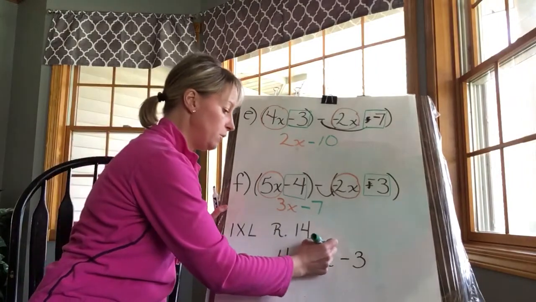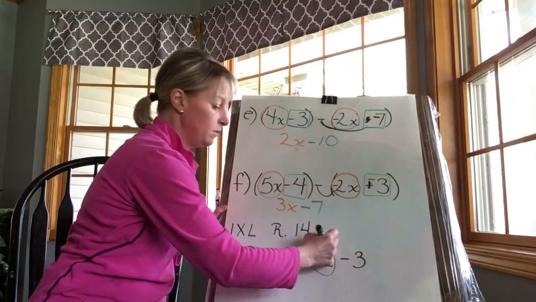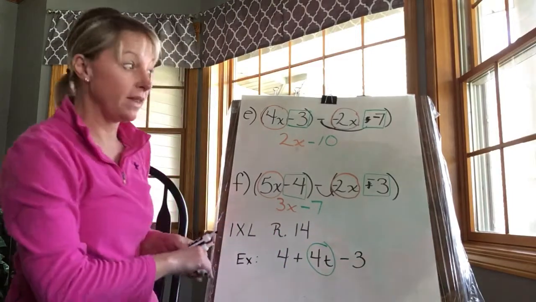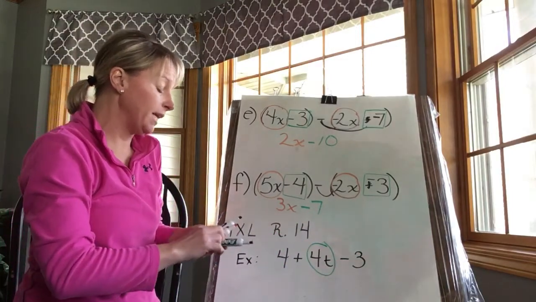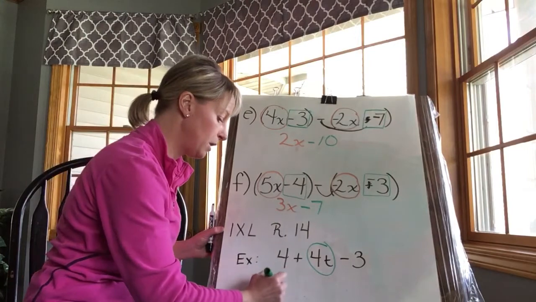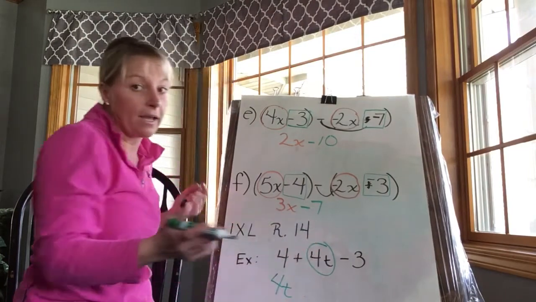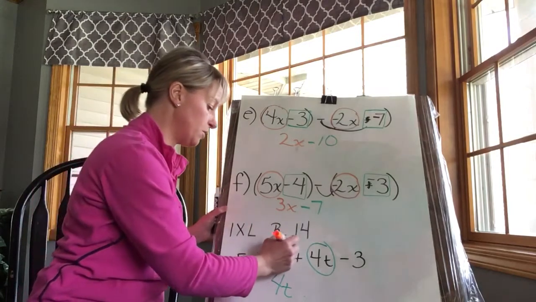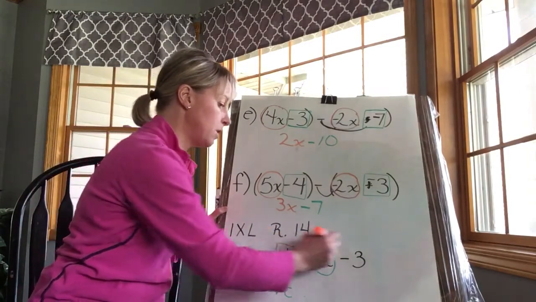I'm going to circle my like terms with a T. There's nothing else in this problem, so that's the only thing that I'm circling. So that really, I can write down here for T, because I can't combine it with anything else. Then I'm going to circle my other like terms, or put a box around it. This is a 4,